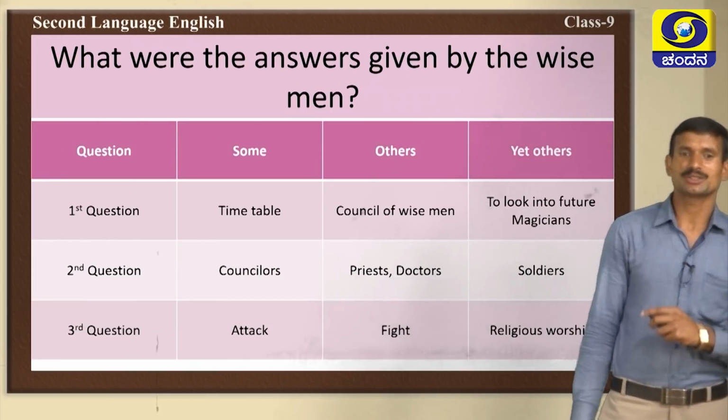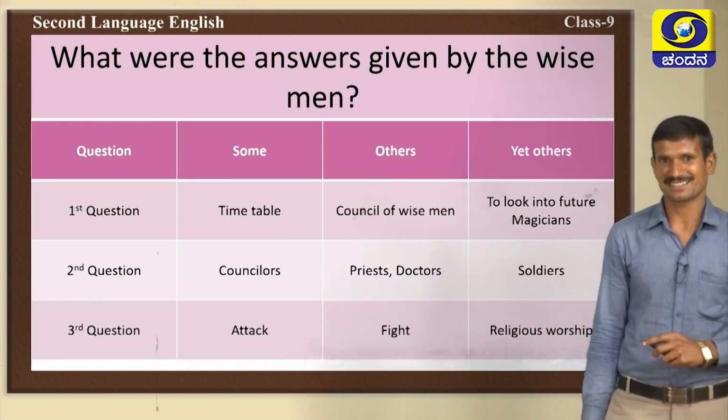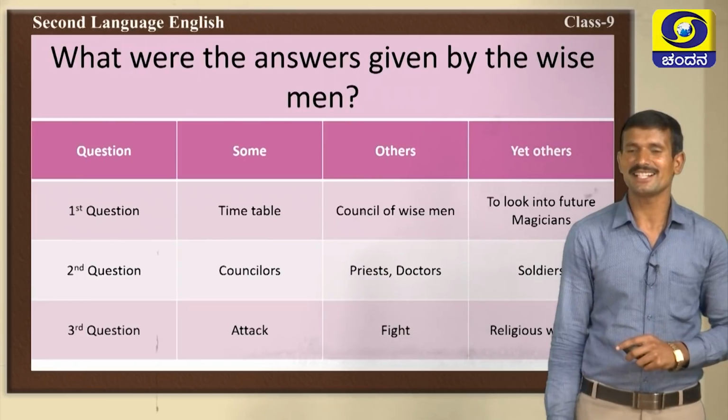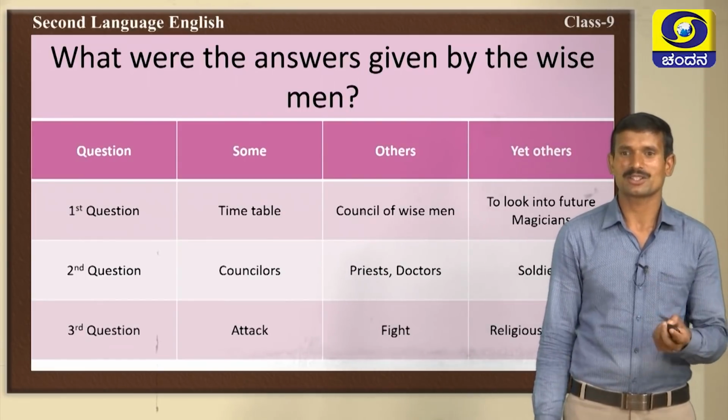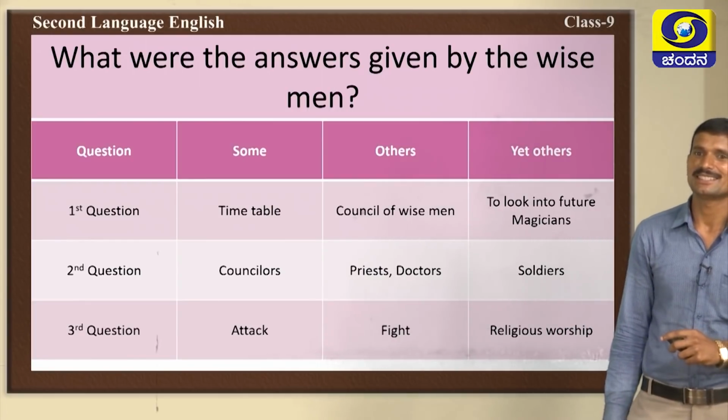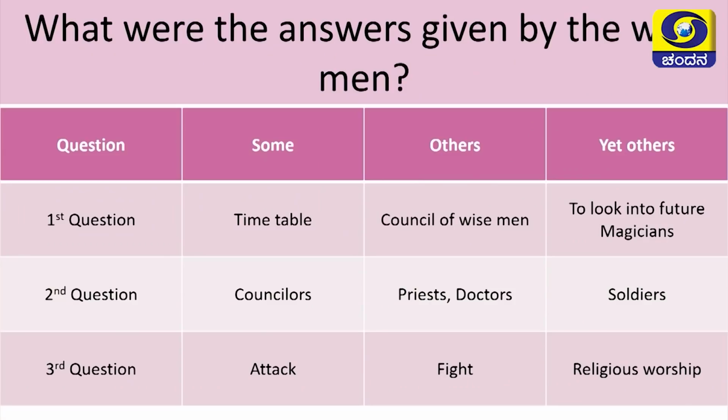Very good. To the second question, yes, some said he must have counselors. Others said, yes, priests and doctors were very important. Then at last, others said soldiers are very important. The king must listen to these people. In reply to the third question, yes, the king must attack, fight or do religious worship. Yes, these are all the answers given by